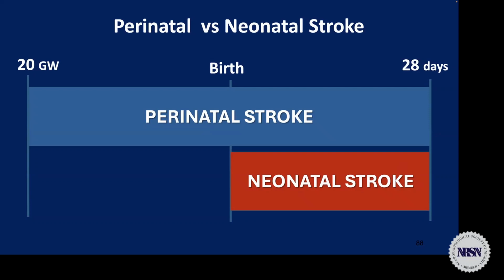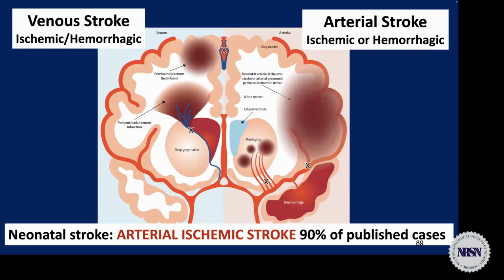So we talk only about neonatal stroke. They can be venous or arterial in origin. There are a lot of published cases of arterial ischemic stroke, but that does not mean that arterial ischemic stroke is more frequent than venous stroke,